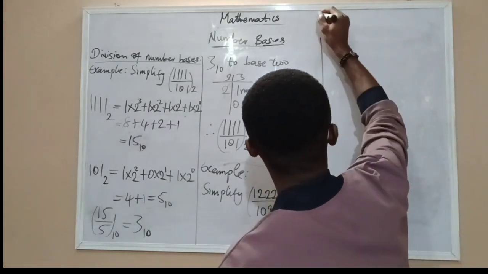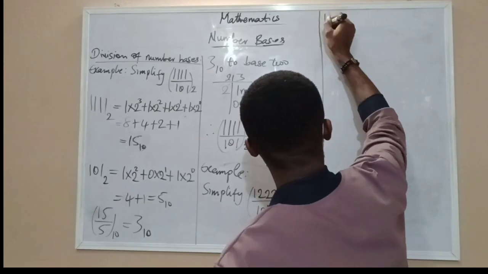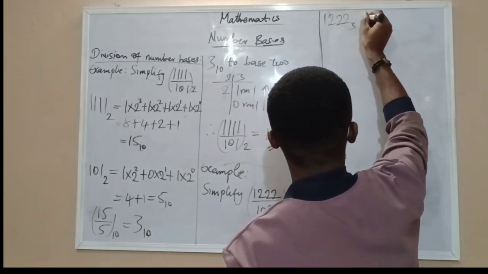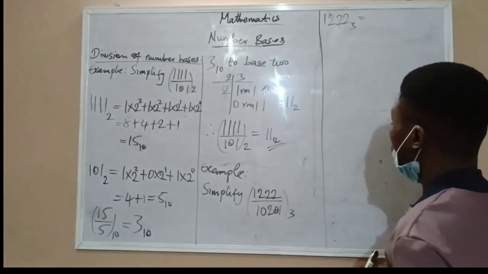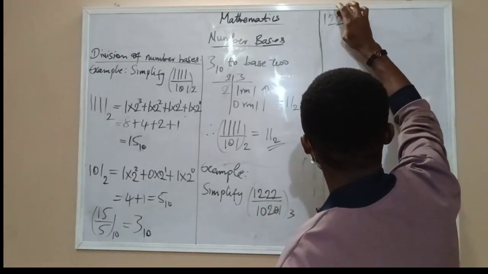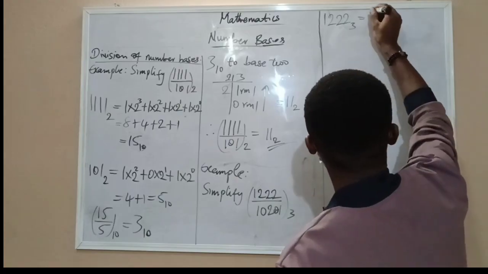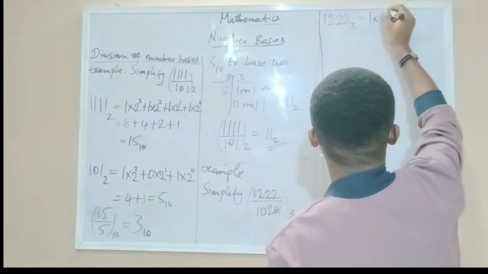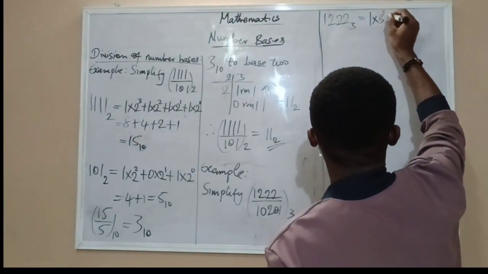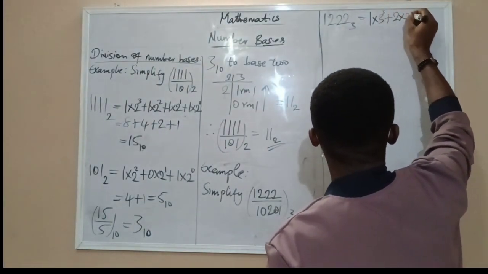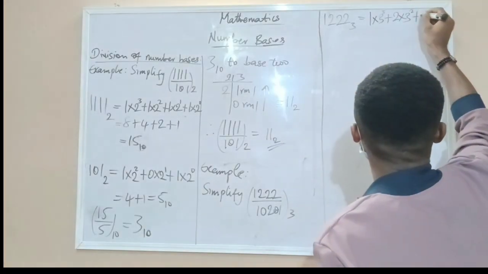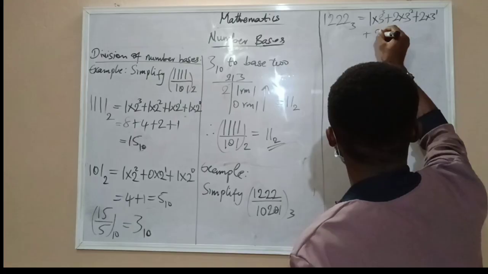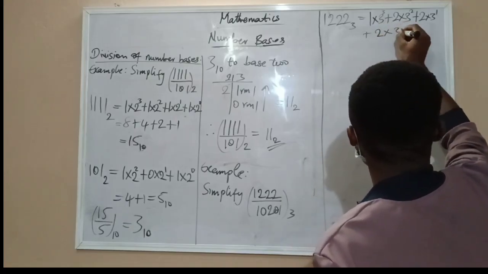And the first one there is 1222 in base 3. And this is equal to, converting to base 10, we do the normal multiplication, raised to the power 0, raised to the power 1, raised to the power 2, raised to the power 3. And this is 1 multiplied by 3 raised to power 3 plus 2 multiplied by 3 raised to power 2 plus 2 multiplied by 3 raised to power 1